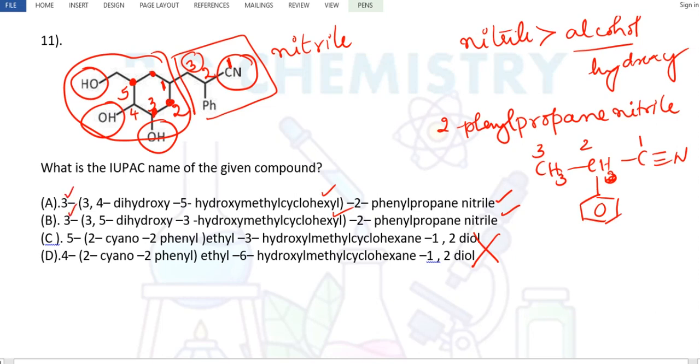Now inside this structure, okay? I should be calling this 3,4-dihydroxy. 3,4-dihydroxy is there. And 5-hydroxymethyl. Methyl means this extra carbon atom. See here, in the second option 3 and 3 are repeated. Not possible, because the two substituents are not on the same carbon atom. They are on separate carbon atoms: third carbon, fourth carbon, fifth carbon. Okay. So this way we can get the answer. Right. So what is the option number? Option number is A. Right.